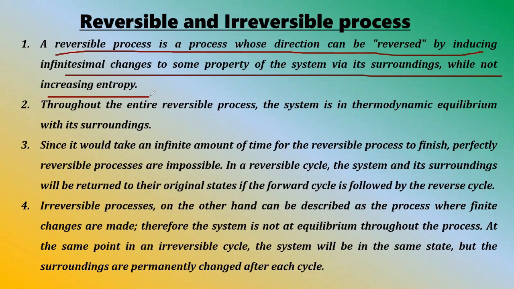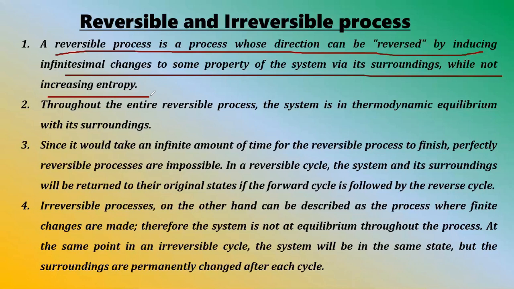So what we are going to do is alter any of the properties of the system. Now the question will arise, what do you mean by properties of a thermodynamic system? Properties of a thermodynamic system are of 4 types. First one is pressure, second one is temperature, third one is volume, fourth one is number of moles or n, right? PVTn. Okay, you know it very well. It may happen that you have forgotten, but you know it very well, right? So I'm not going into the details here.